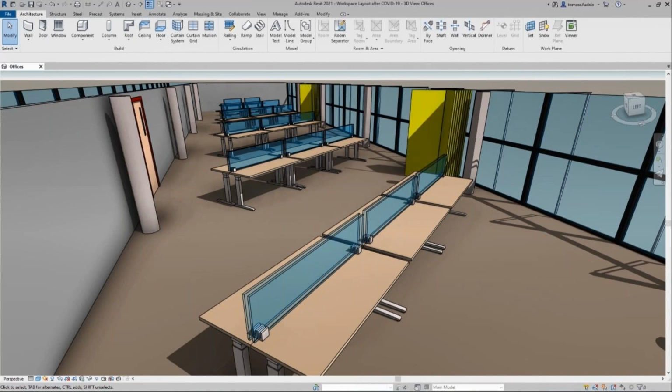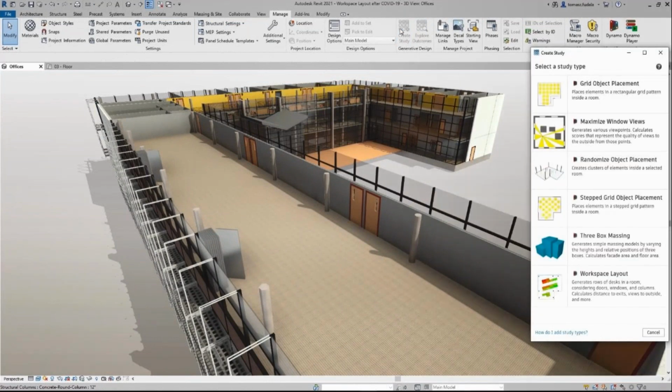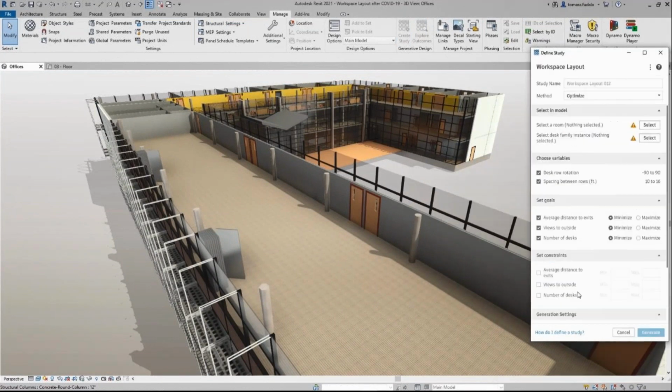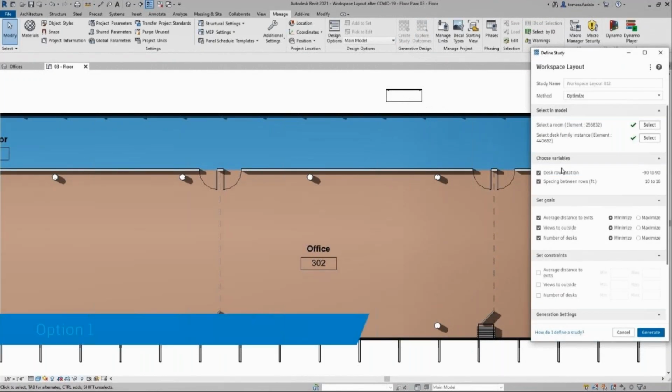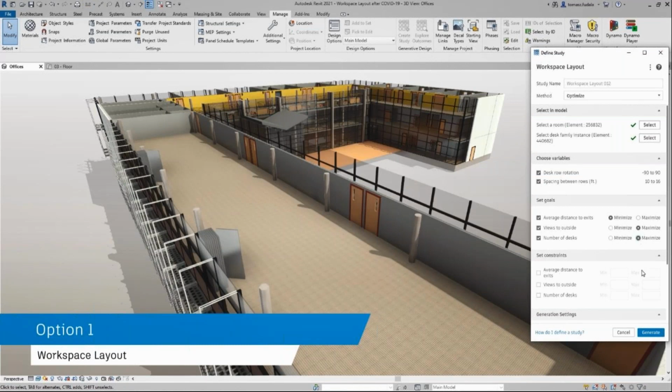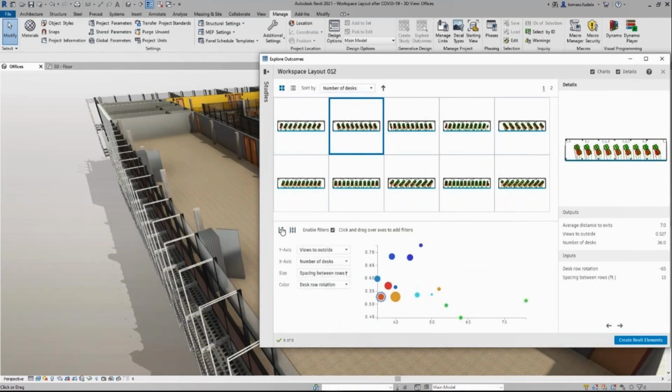I have defined what kind of furniture I'll be using, what the room size will be, what the area of the room is, and then we define what our goals are. So our goals would be maintaining the physical distance and having the right number of desks so that the occupancy of the room can be controlled.